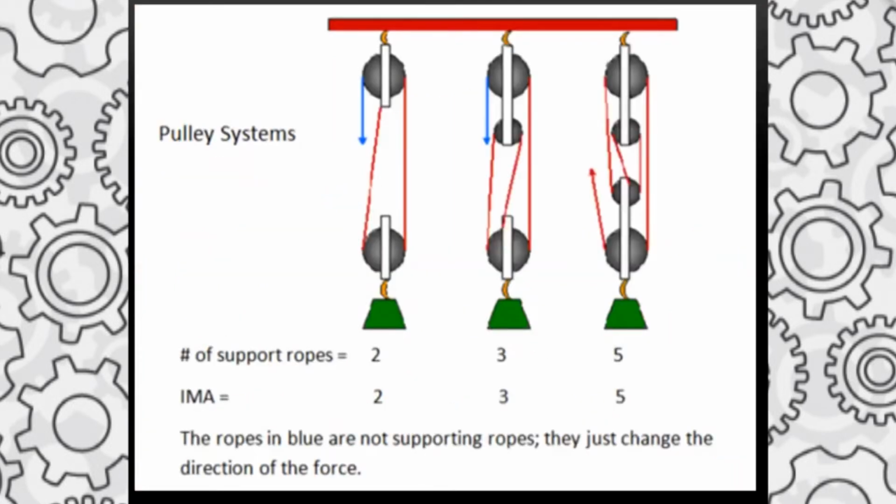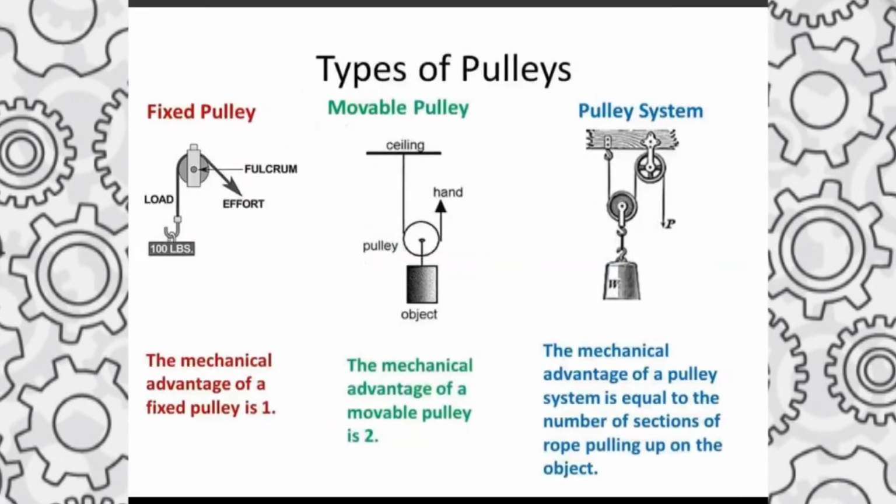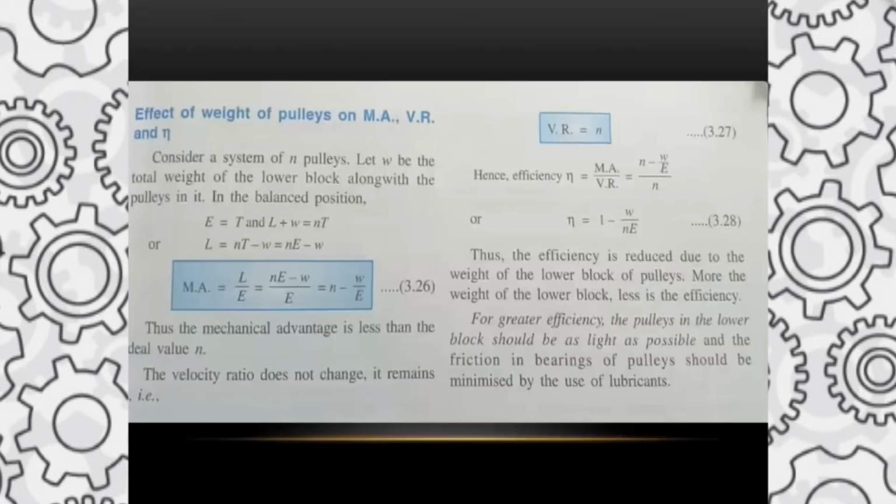So here is a simple way to recollect what we learned. These are the things which we learned now. The types of pulleys: fixed pulley, movable pulley, and a pulley system. In the case of a fixed pulley, our mechanical advantage is always 1, because it only helps in changing the direction of effort. It does not make our force lesser. But in the case of a single movable pulley, the mechanical advantage is 2. So you only have to put half the effort which you did for a fixed pulley. When you come to a pulley system, the more pulleys you add in, the easier your work will be.